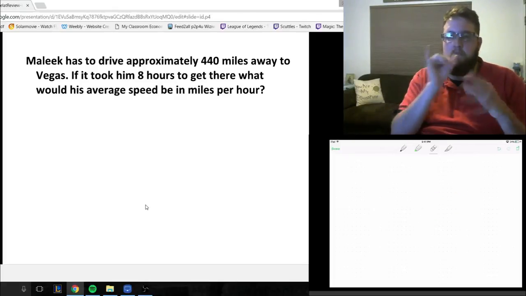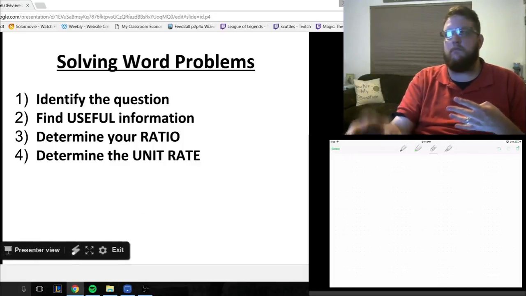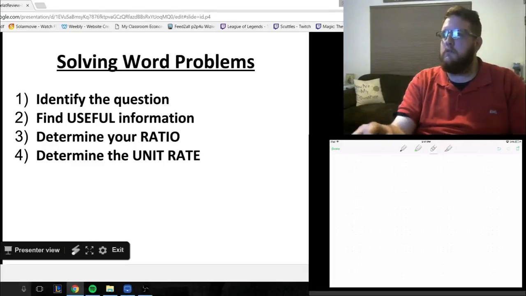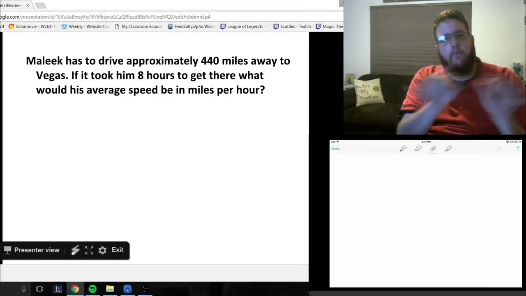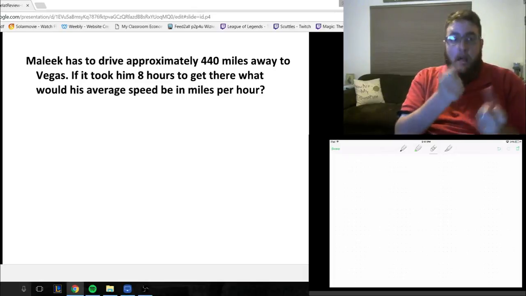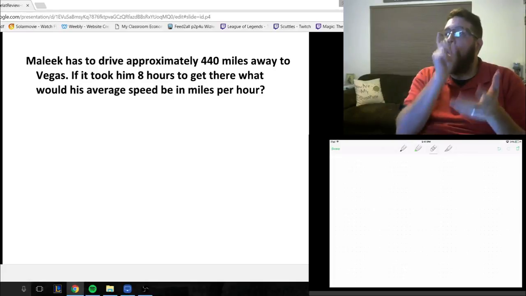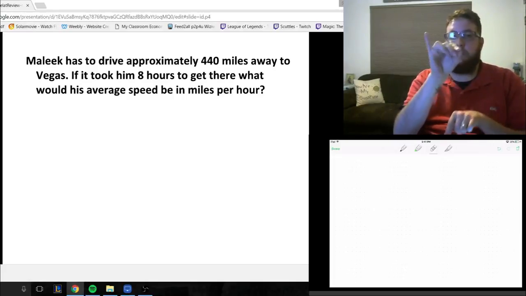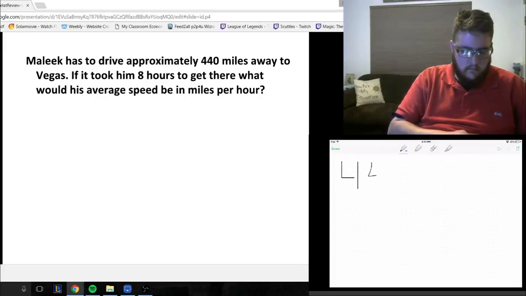The next thing we need to do, if we recall, is find the useful information. So again, this is a word problem that's got a lot of information. Some of it isn't that useful to us. For example, is the fact that his name Malik important? Not really. It's not really going to help us do the math. The fact that he drove to Las Vegas is also not really going to help us do the math. But you'll notice there it says 440 miles. Now that is an important piece of information. We are going to need to know how far he drove